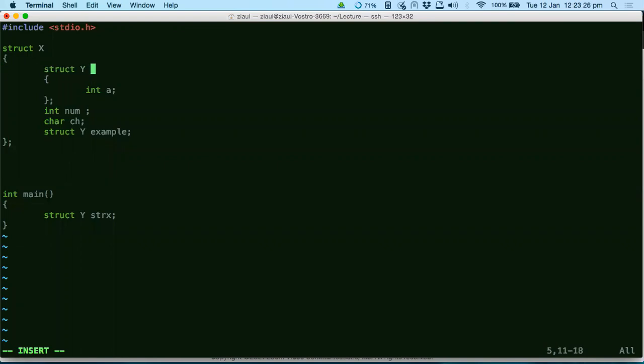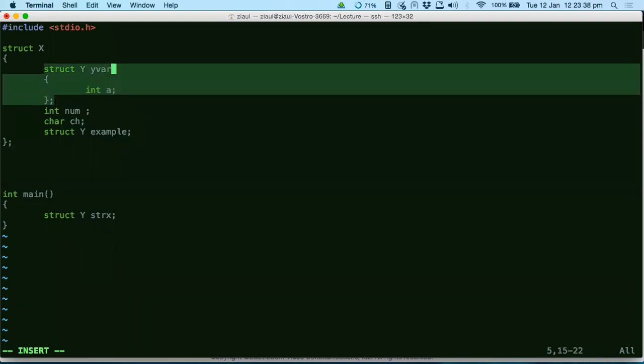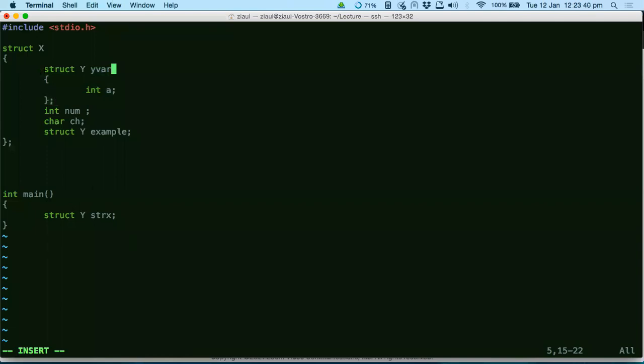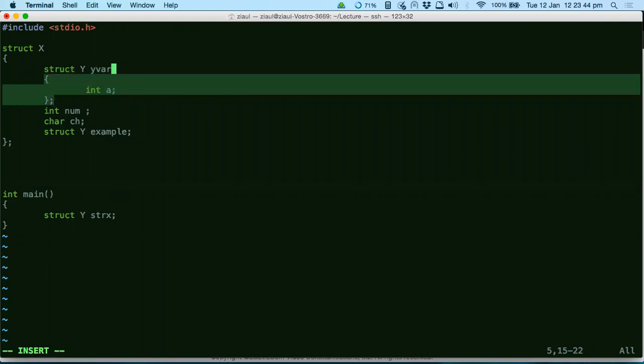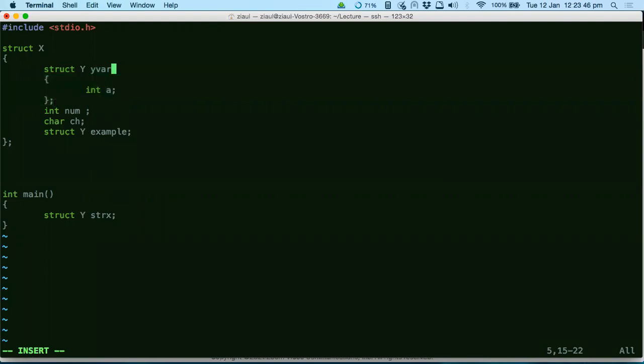Yeah, here. Dude, you are violating the syntax of a structure then, right? What does the syntax of a structure tell you? You have to first declare the structure, and then only you can declare the variable. You are creating the variable even without declaring the structure. How is it possible?